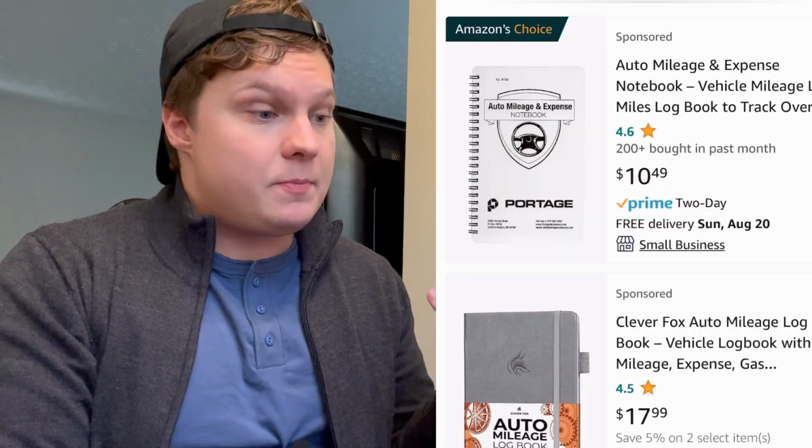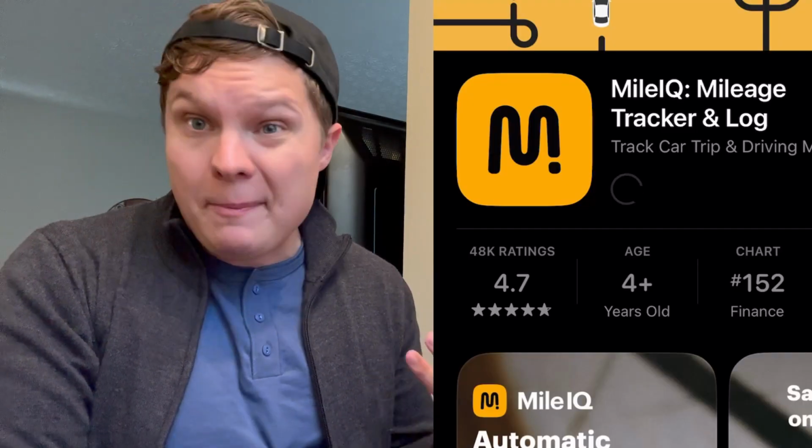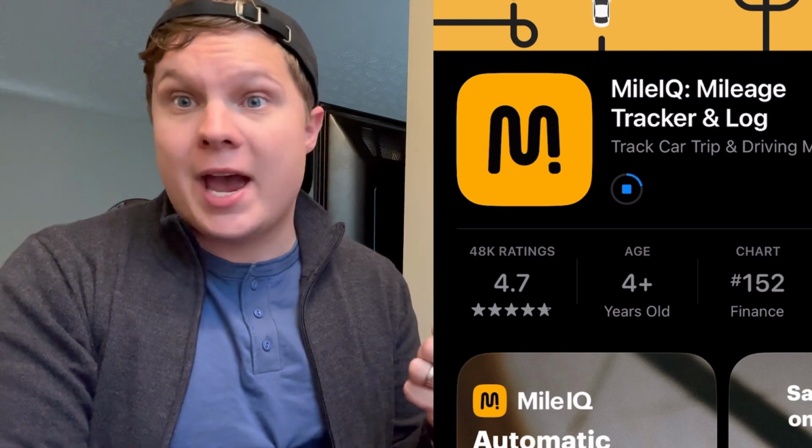All right, so next is going to be miles. All you need right now is the bottom line of how many miles you drove for itineration purposes in the past month. Most people will keep a physical logbook in the car that shows how many miles they have. A lot of people use apps. There are certain apps you can download that you can just log those miles and you can pull that up